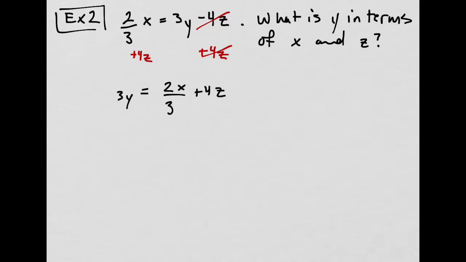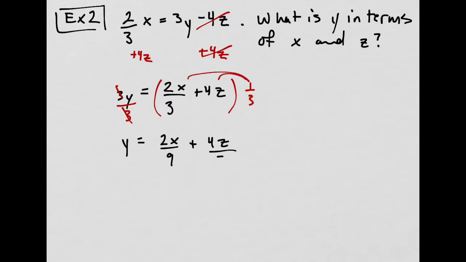Now what I want to do is divide by 3. This should be a piece of cake here. But remember, dividing by 3 is the same thing as multiplying by 1/3. So I'm going to distribute that. Hopefully you remember that. And then we get y equals 2x over 9, because 3 times 3 is 9. There we go. Plus